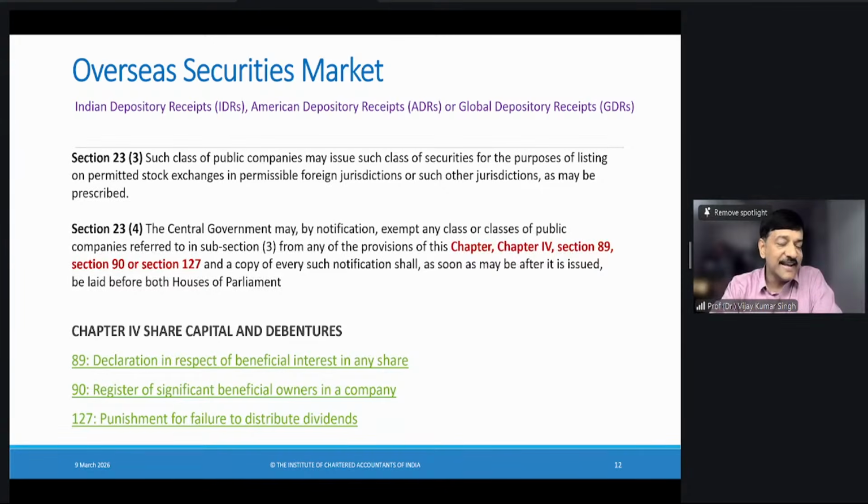Sections 89 and 90 are interesting sections. These are new sections brought in under the Companies Act 2013, which basically deal with beneficial ownership. You would recollect that initially there used to be Benami transactions. So X will own shares on behalf of Y. On paper, the share will be of Y, but actually the share would be of X. So legally speaking, whenever there is a raid or something, Y will be liable, X will not be liable, but actually the shares will be held by him.